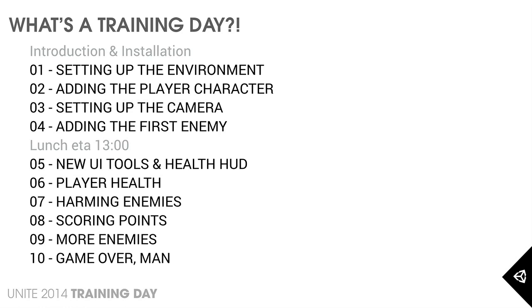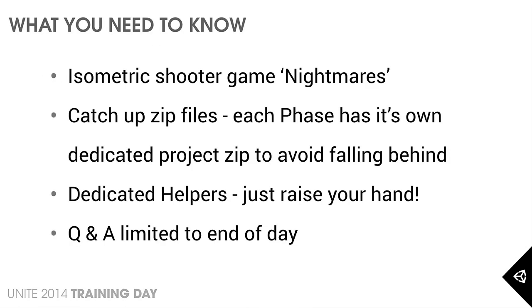We're going to be making a game. So here's what you need to know. We're going to be making an isometric shooter game called Nightmares. Hopefully by now you've all got that project open and ready to go. We have 2 machines on stage, so we're going to be showing you slides and the Unity editor at different times. Most of the time we'll be showing you the editor on both screens, but what I'd like you to do is to watch us carry out a step, and then we'll reiterate the step with slides with a number of bullet points, and that's your turn to go and do it.